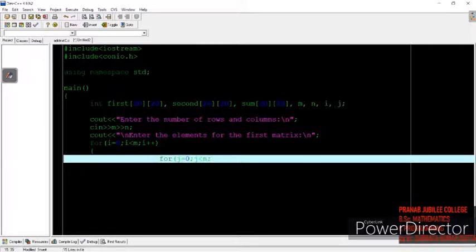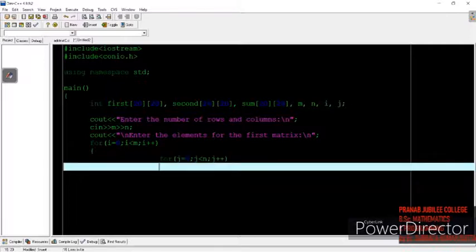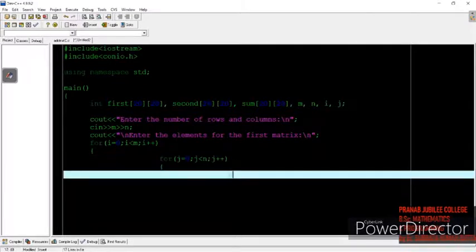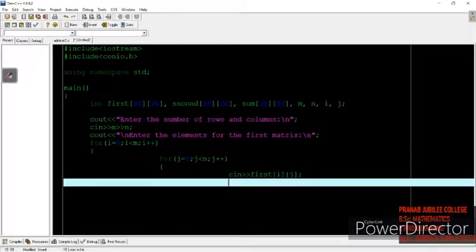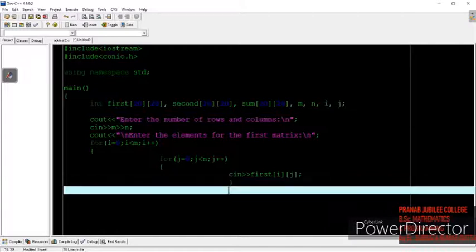Then cin into the first array, first[i][j]. So the first array is completed.